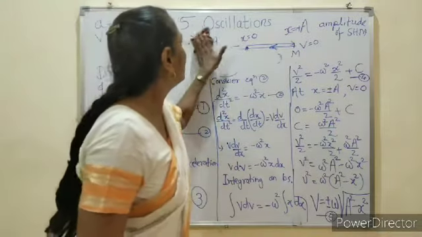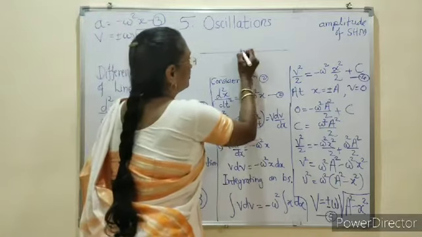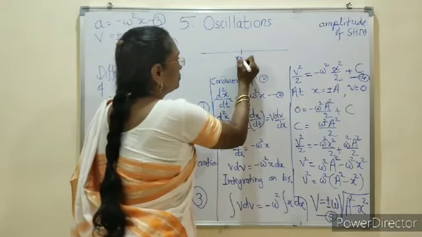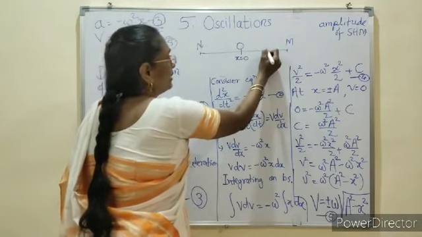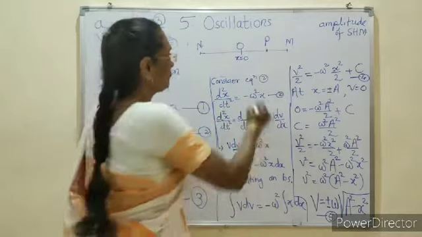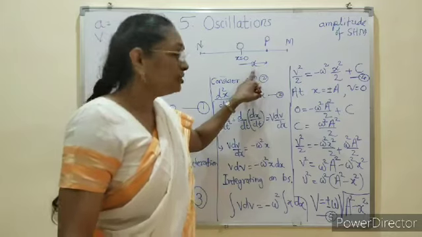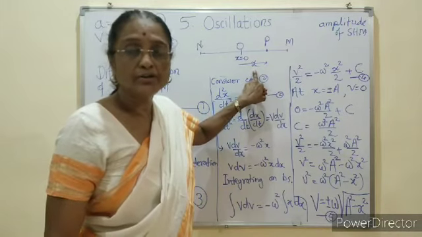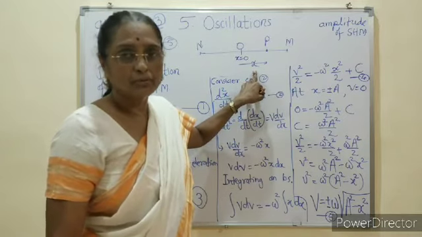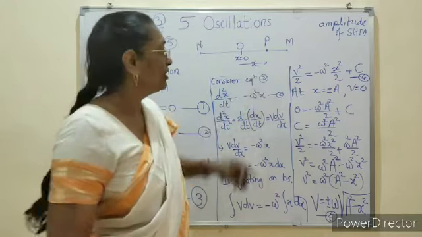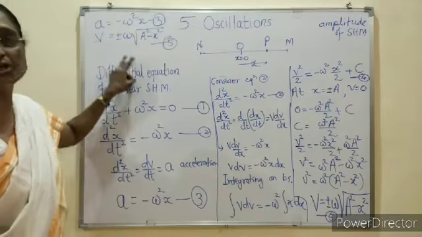For the displacement we show the diagram here like this. Again the same path. Here x is equal to 0, the point is O, here the point is M, this is N, and there is another point say P. It is situated at distance x from the mean position. For this x we have to derive the expression. It may be in terms of omega and time. So for that we consider the expression for velocity.